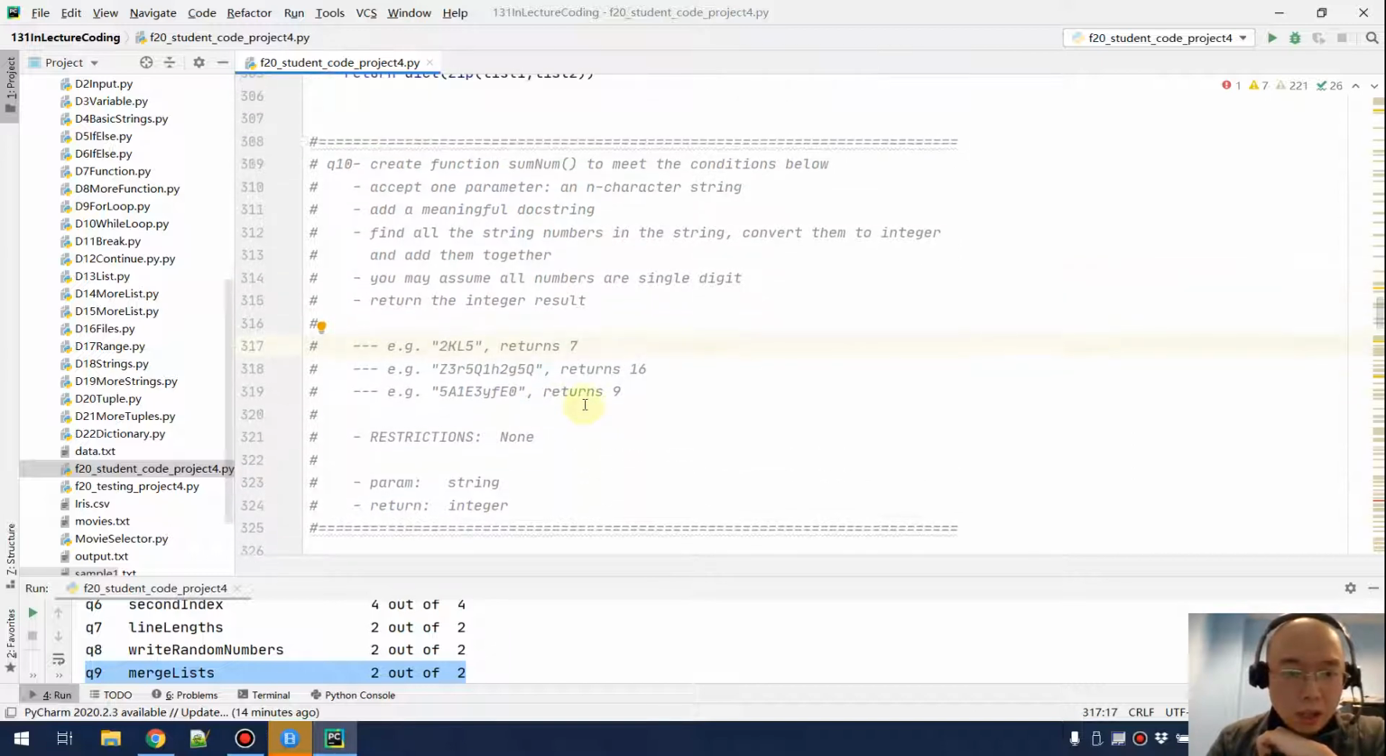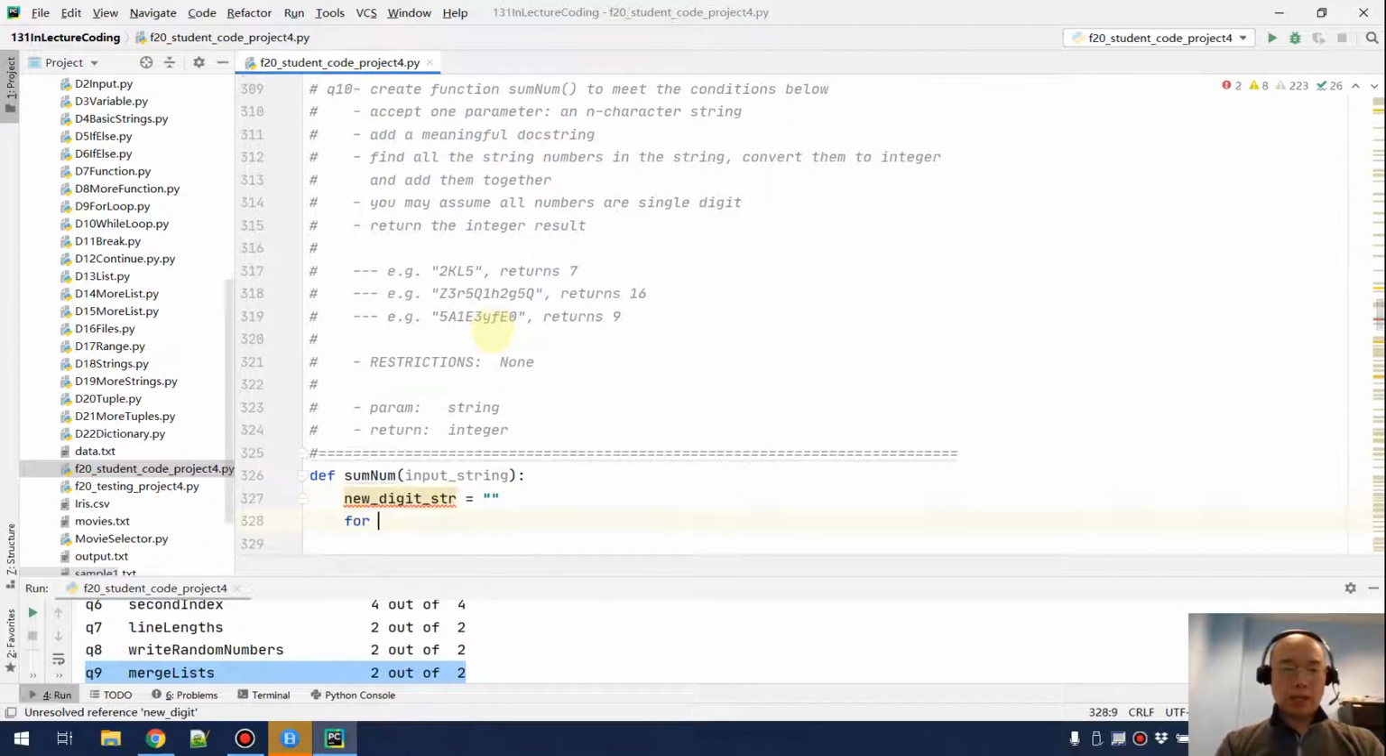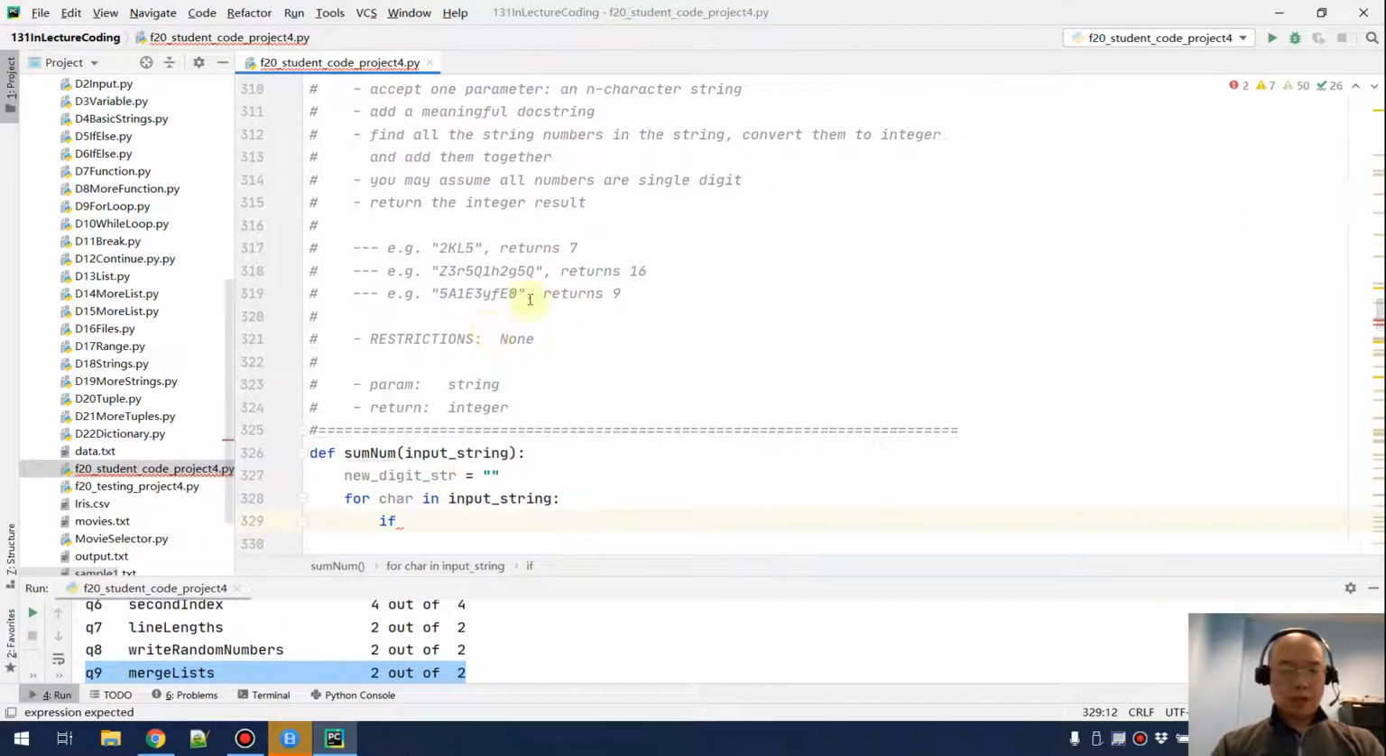And you may assume all the numbers are single digit. Okay, this can be easy. So def, and then I want to do an input string. Well, I'm going to scan this string once, and if the current character is a number, I'm keeping that, otherwise I'm throwing that away. Let me say new digit string equals an empty string. And for char in input string,